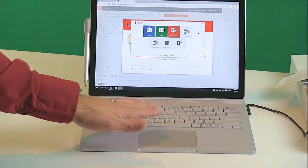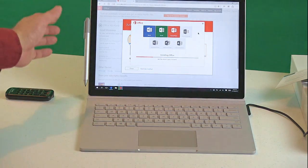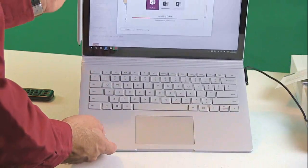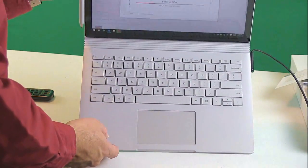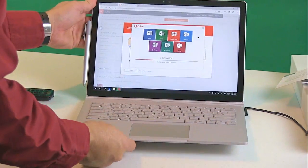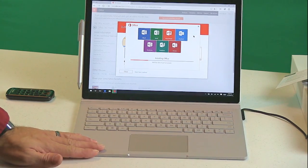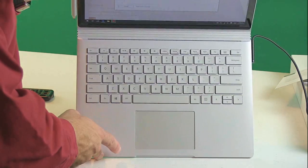You can see how it has almost a gray matte finish, and in this lighting, that's the way it looks. But when you tilt it up, you can see that it has a little bit of a shine. It is metal, that magnesium coating and feel and build to it. It definitely feels the quality of, say, a MacBook Pro 13-inch Retina display. And so you can see